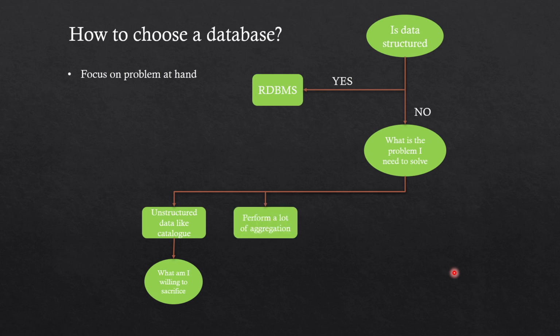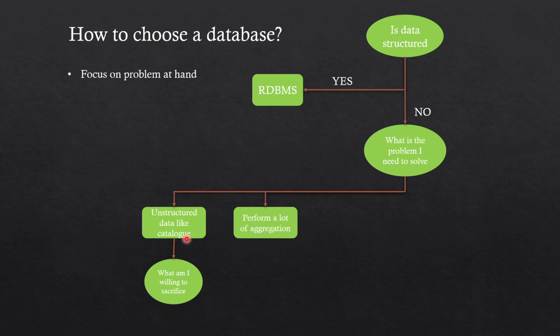Now the second kind of requirement, suppose the answer for the first one is no, which means that you don't have the database which will deal with this catalog kind of thing. But the problem here is that you need to perform a lot of aggregation on the data that is coming for you. Now aggregation will be performed on a certain set of columns. So this is where a columnar database will come into the picture. Now for a columnar database, doing aggregation will again be really fast, and it will be a good choice.